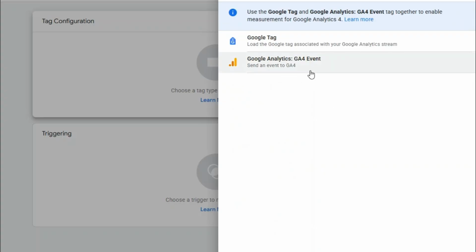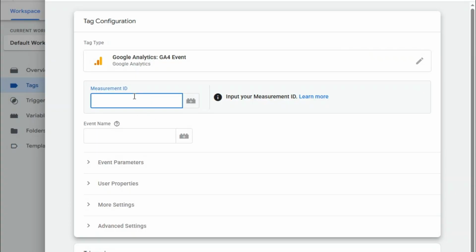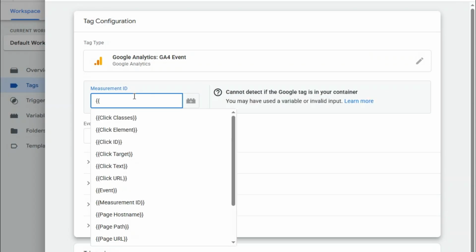Before configuring the Google Analytics tag, make sure you have configured Google tag in your Google Tag Manager. So I have done this. So let's click on Google Analytics event, choose my measurement ID, paste your measurement ID here. So I have saved this with